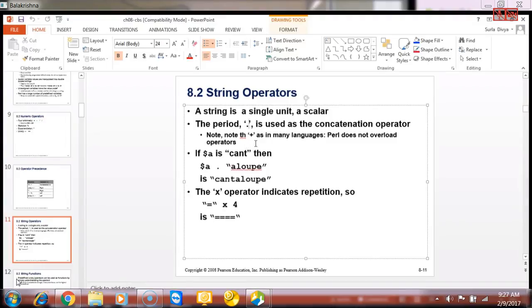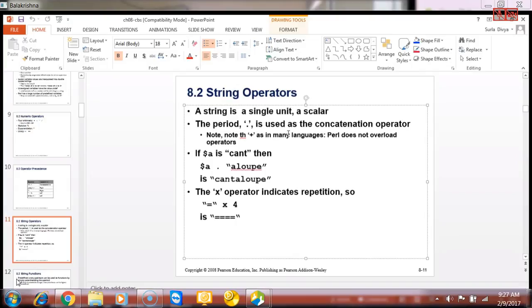So Perl does not overload operators. That is another thing we'll discuss later. What is overloading? One clear example is the plus operator. If I say plus, generally what is the use of plus? It is used in addition. So 1 plus 2 is equal to 3. That's what we know.